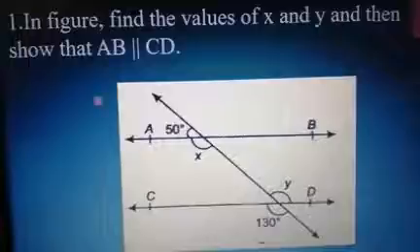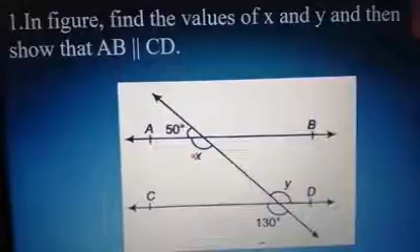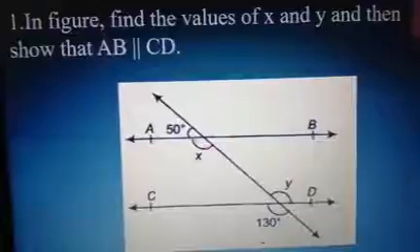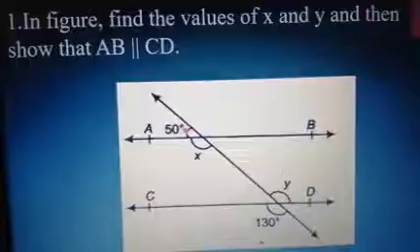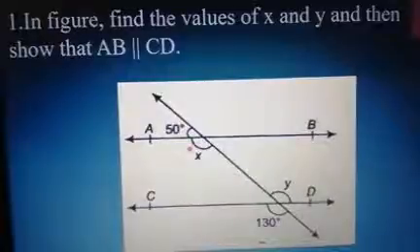Next, the second step. This transversal is a straight line, right? So what should be the sum of these two equal to? You are going to just tilt the figure in this case. When you tilt it, this is a straight line, so the sum of these two angles should be equal to 180 degrees. We call this a linear pair. The sum should be equal to 180 because in a linear pair they are supplementary. So if this is 50, what should this be equal to? This should be equal to 180 minus 50, which is equal to 130.